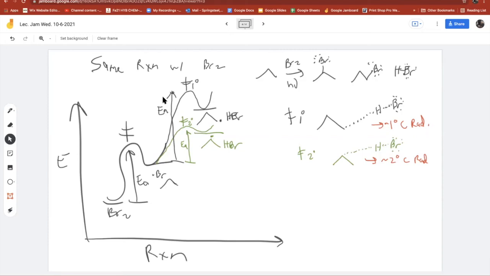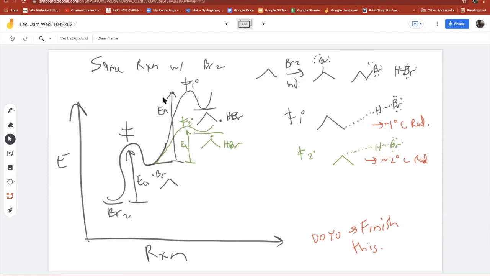So I'll say also finish this. When I do the endo, I mean, later when you're going over the lecture notes, you can complete the rest of it. All right, so that's kind of cool, huh? See how the Hammond postulate can help us describe how our transition states look, and then use that to explain our data we collect, like why we get a lot more secondary bromination than primary, whereas with fluorine, we don't get a very big difference in secondary and primary.